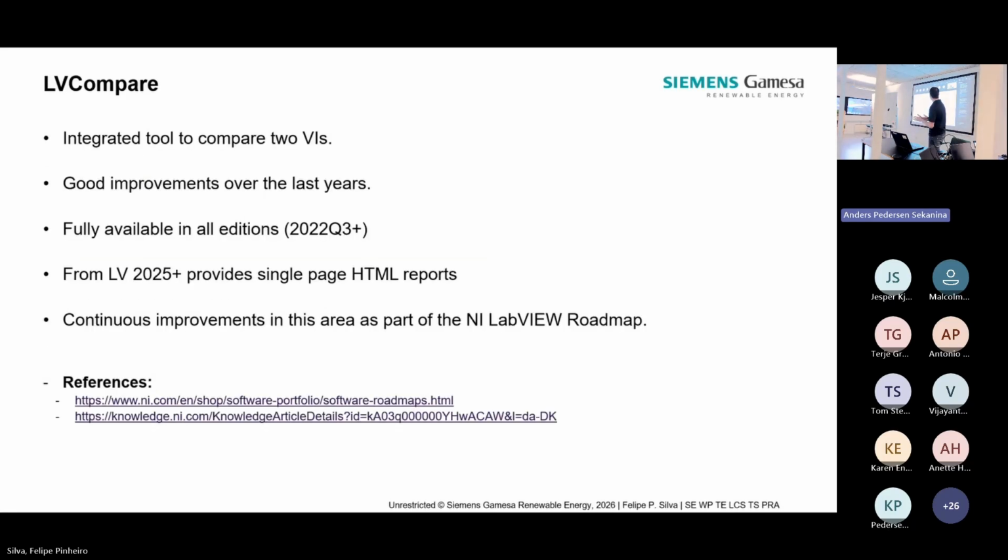So I'll talk about the LV Compare. This is the way to do comparison between two VIs in LabVIEW. It's a native tool, part of the LabVIEW installation. It has had a lot of good improvements over the last years. It's really good. It's gotten much better than